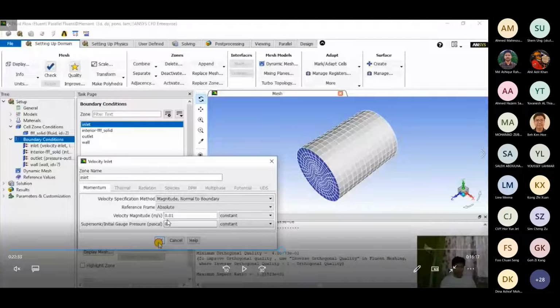Based on that fundamental understanding and working with these simulations, I know that for this magnitude of velocity, my flow will be laminar, and there won't be any significance of turbulent flow. So I have chosen this velocity magnitude to show you for this analysis.